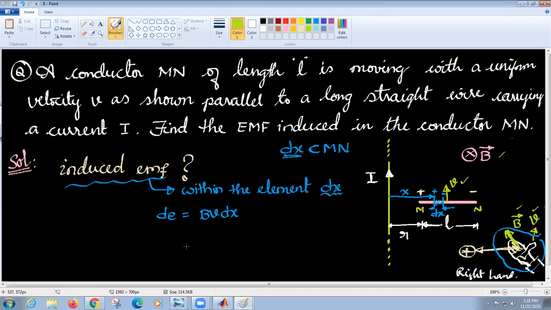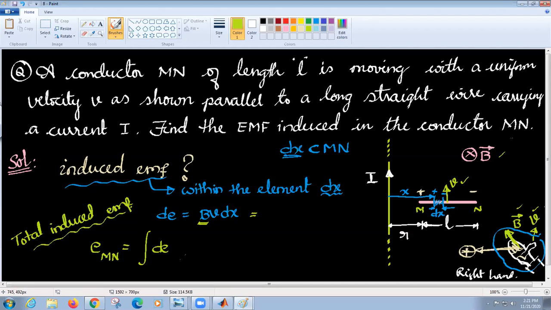Now what else can I do? Integrate. Yes, that's it. I want the total induced EMF across MN, so integrate this. Before we venture into this integration, what is B?